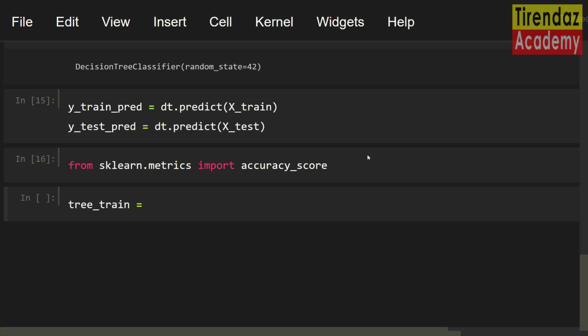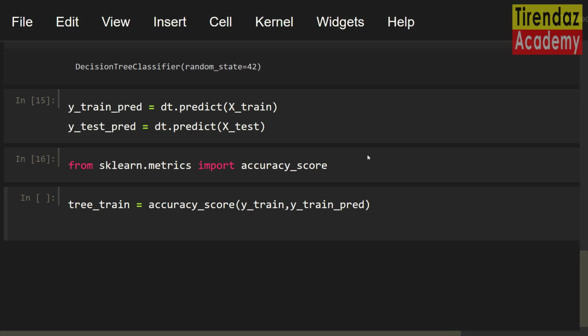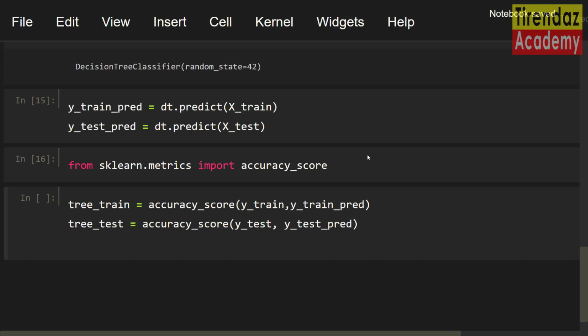Train equals accuracy score y train pred. After that, let me set test equal accuracy score y test pred. Now let's print these scores.